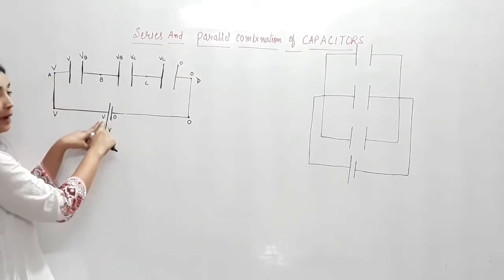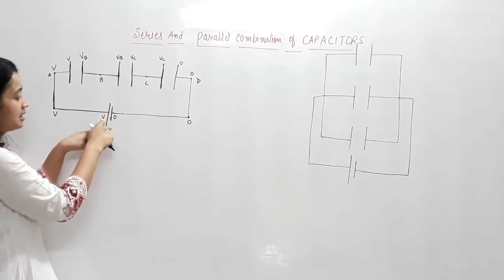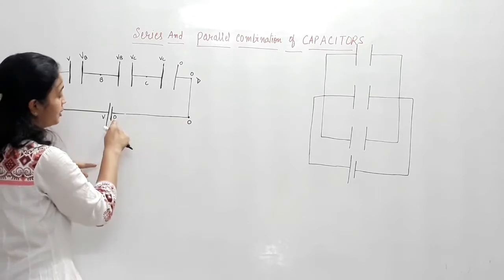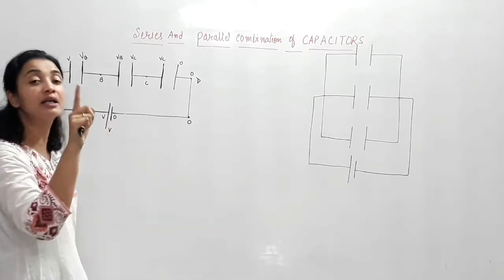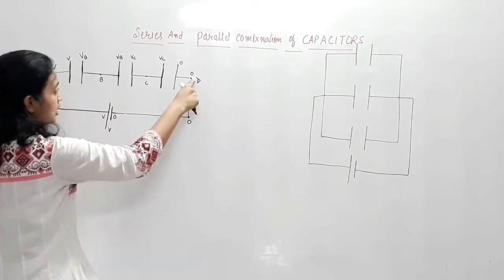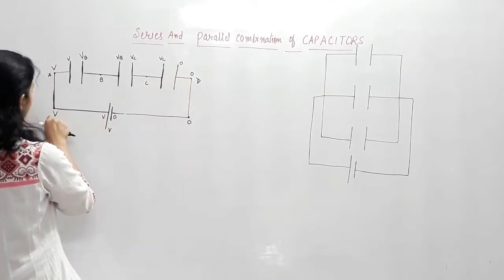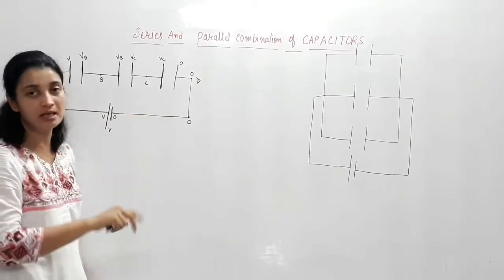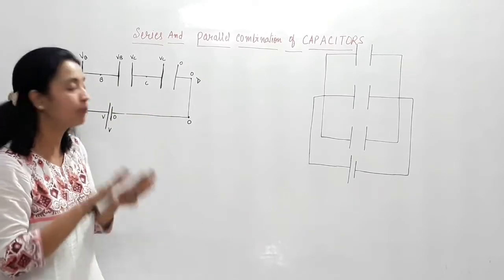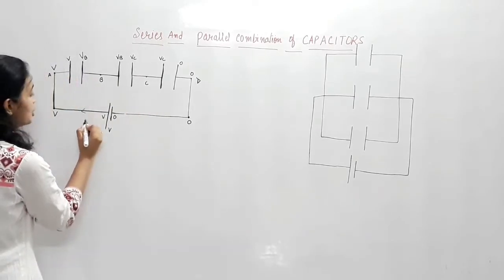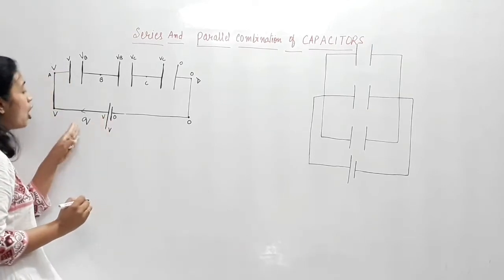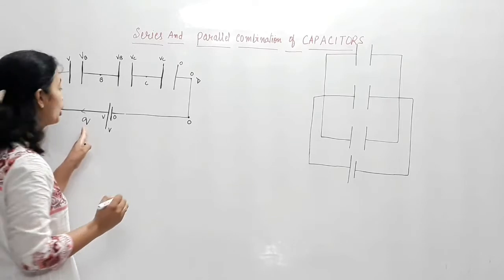Understand it? The capital stick or big stick is V, the negative pole is 0. All the points which are connected to the negative pole of the battery will have the same potential 0, 0, 0. Here it is V, V, V and V. These two are VB, these two are VC. I hope you understood the distribution of potential. Now we need to understand the distribution of charge. Let Q charge be flowing out of the positive pole of the battery.